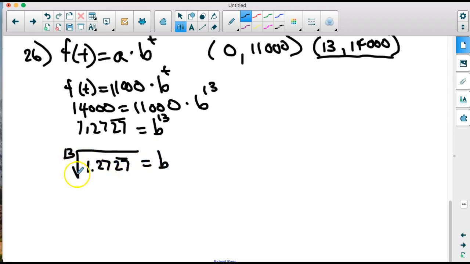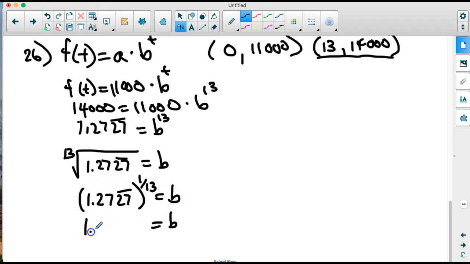Now the 13th root is hard to do in a calculator, so what we're going to do is raise it to the power. As I said before, this is going to be the reciprocal power, so it's the 1/13th power of 1.2727 repeating is going to equal b. So I'm going to take that value and raise it to the power of 1 over 13, and I get 1.0187